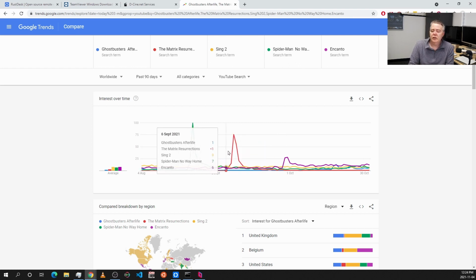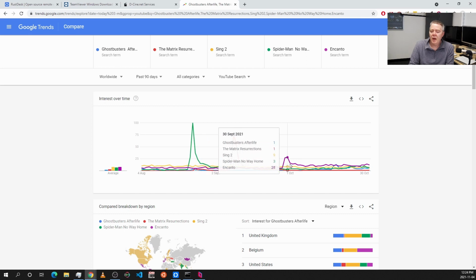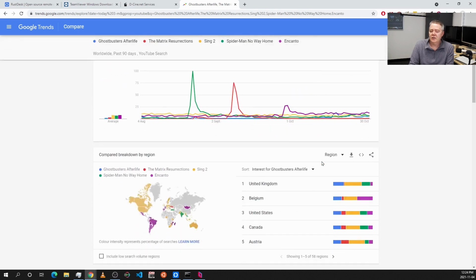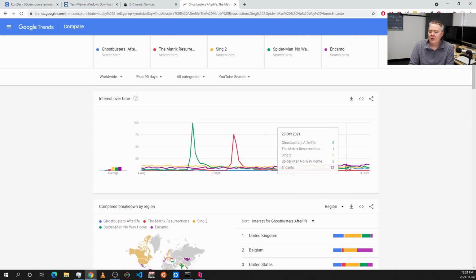So now we can have a look at how the films compare to each other in different parts of the world, but just in general, and it gives us a better idea of what films are more likely to be of interest when they open up at Christmas. So you'll see here, this is the Disney film. Surprisingly, it might be,